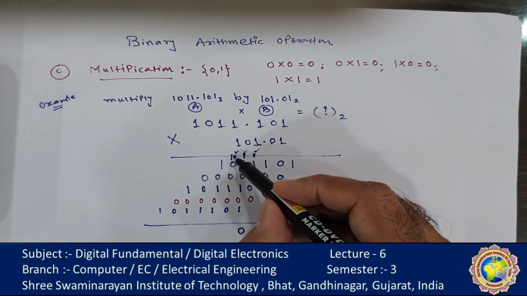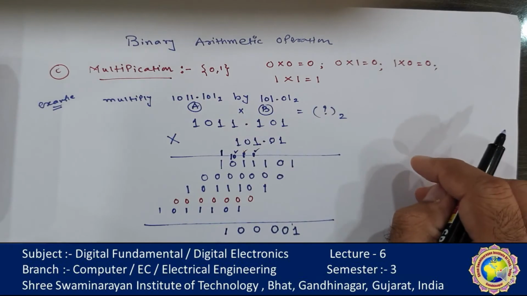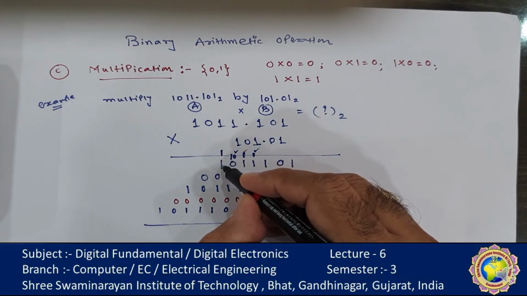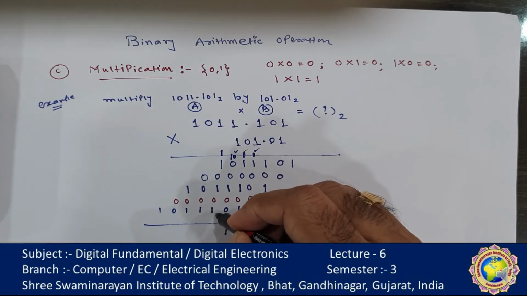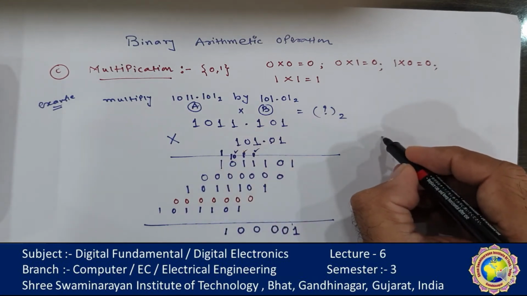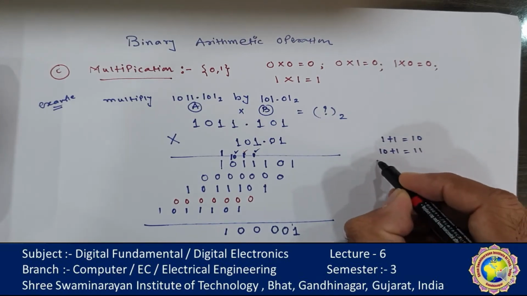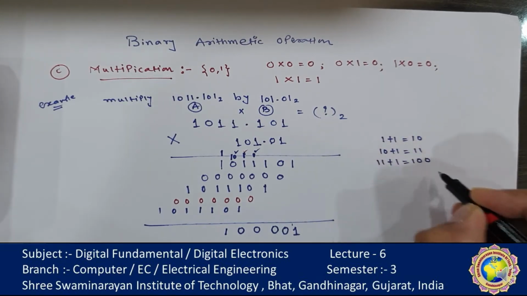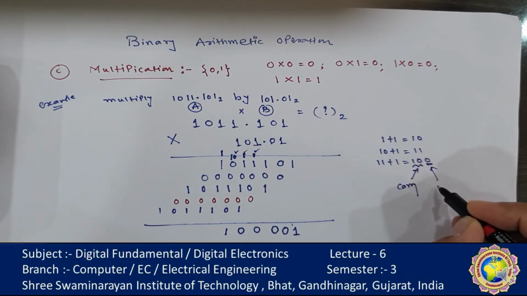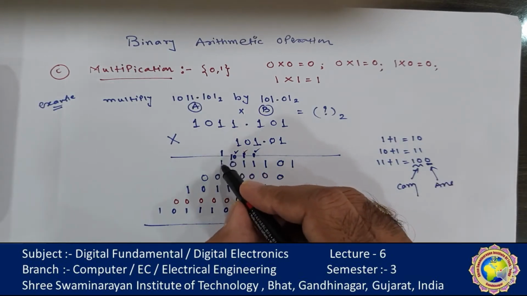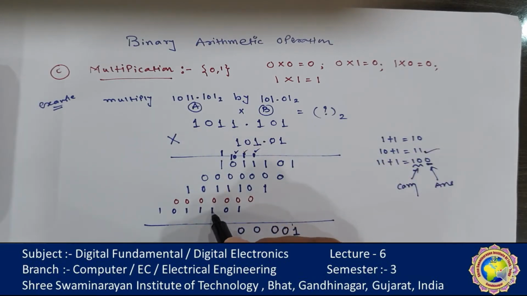Now in this step, 1, 0 is the carry, plus 1, it will become 1 and 1 is carry. Here 1 plus 1, 1, 0, 1, 0 plus 1, 1, 1 and 1, 1 plus 1 is equal to 1, 0, 0. Remember that thing. We have to take one bit, remainings are carry. Okay, so 1 plus 1, 1, 0, 1, 0 plus 1, 1, 1, 1, 1 plus 1, 1, 0, 0.